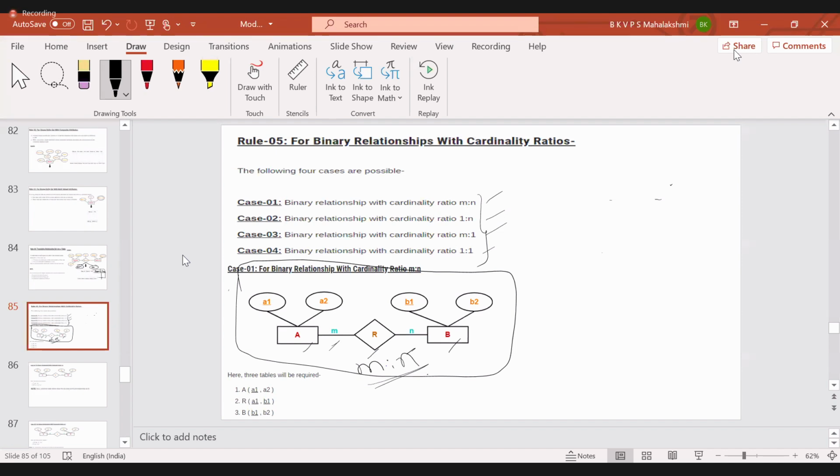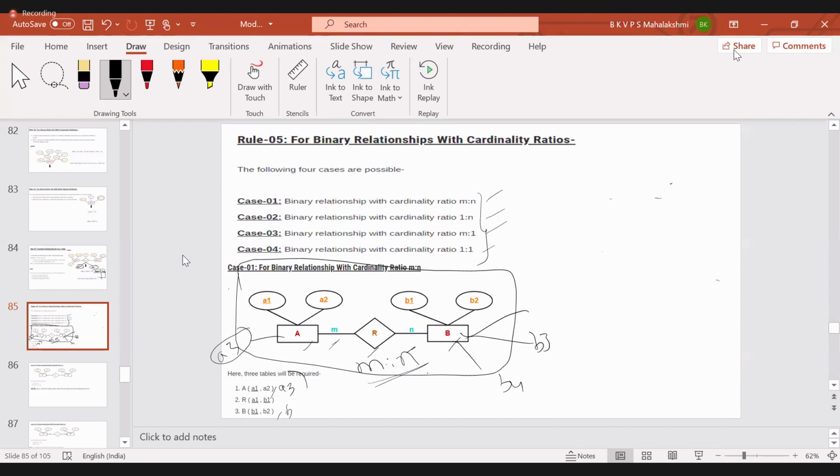Suppose this part matches with your ER diagram, then how do we convert this particular thing into tables? This is the entity A, and we have to include whatever attributes it has. Suppose it has one more attribute, then we mention A3. So A is a table, the schema of the table, and it has three attributes A1, A2, A3. Coming to B, it is B1, B2, and if it has some more, B3 and B4. But coming to the relationship,